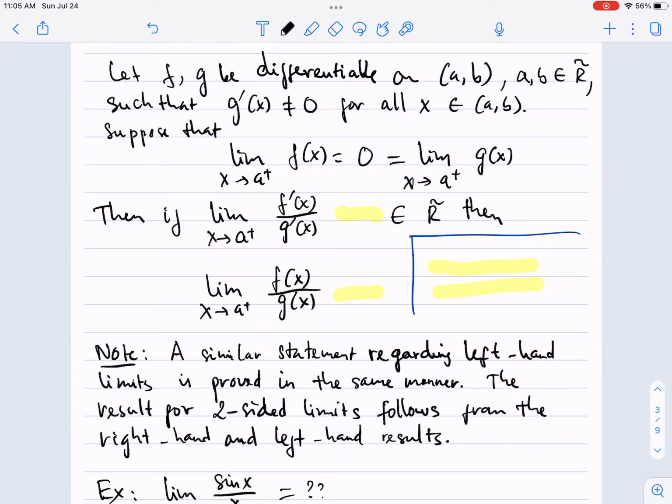Then if the limit of the quotient f prime of x over g prime of x, as x approaches a from the right, is equal to some number L inside this extended set, then the limit of the quotient of these two original functions is also equal to L. So this is the L'Hopital rule for the indeterminate form